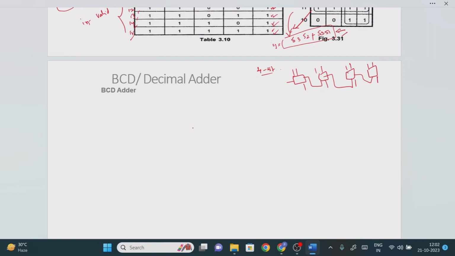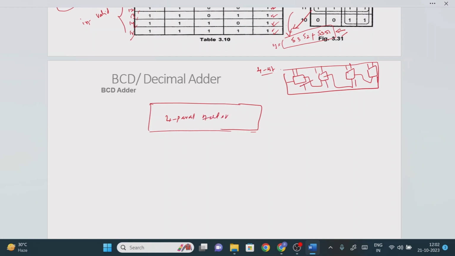So instead of taking multiple full adders, I'm going to just consider the block diagram representation. So the block diagram will be something like this, right? Inside of this block, we will be having the 4-bit parallel adder, 4 full adders.